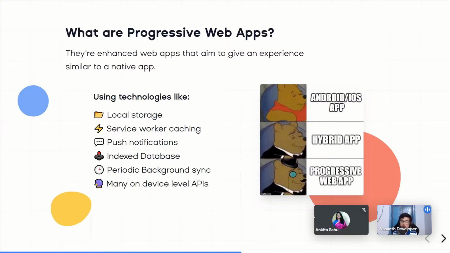It can update a lot of API requests. It can update the caching and things like that. That's basically periodic background sync, where you can fetch assets and send requests on behalf of the user at regular intervals using service worker, right? So these are basically extents of the service worker, and you can use many device level